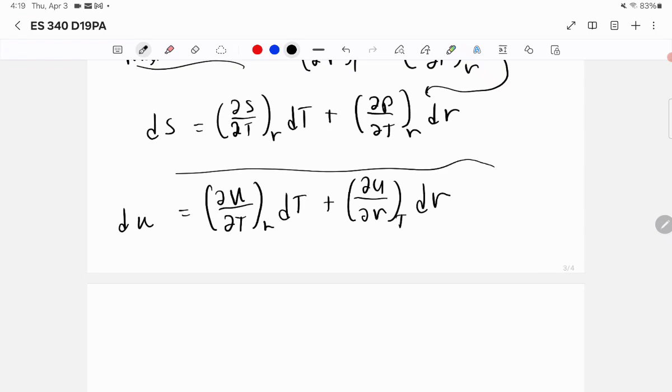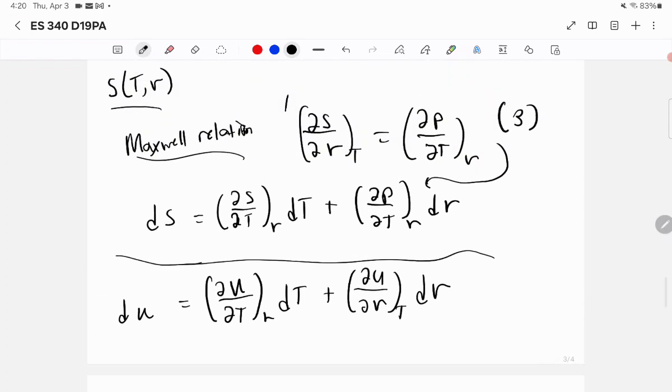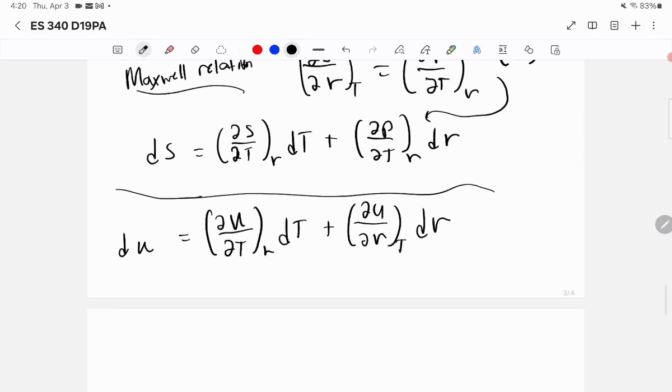This formulation should be very familiar now, because this is exactly why we were discussing exact differentials, right? So this is going to be a common theme. You see the entropy in terms of T and v, u in terms of T and v, right? This is exactly where we were talking about the simple compressible state that we can use,